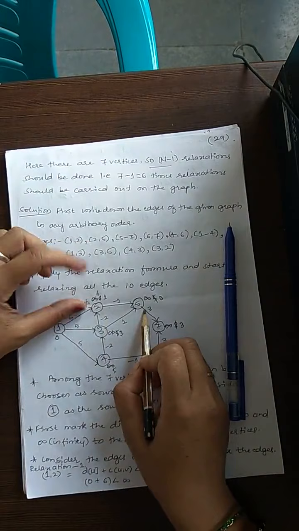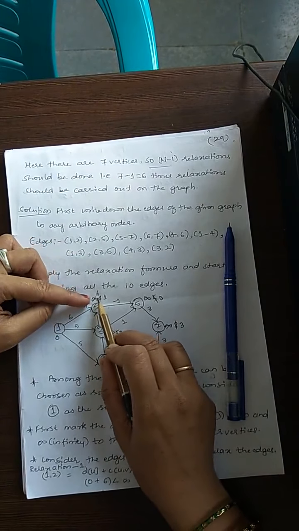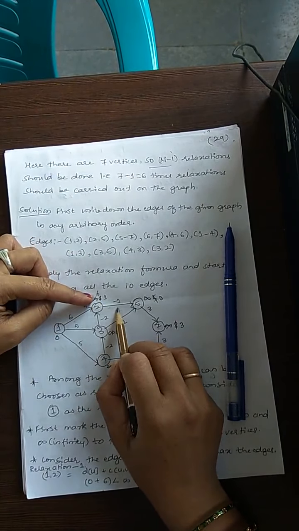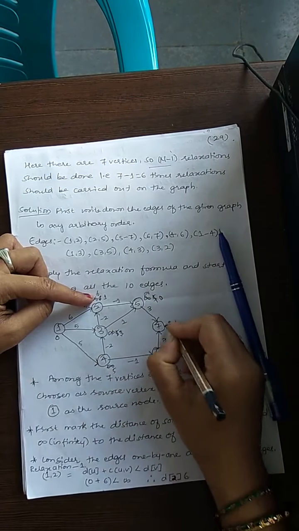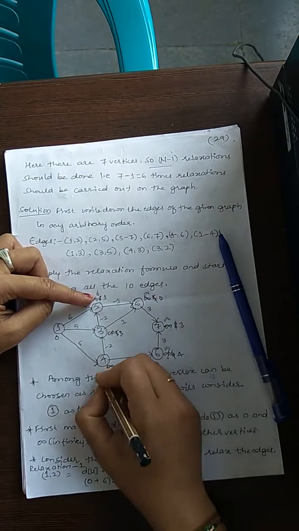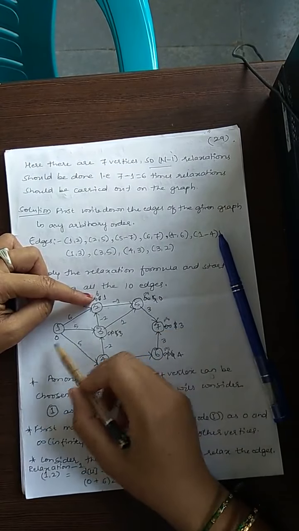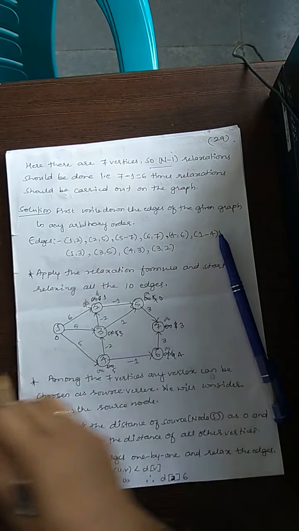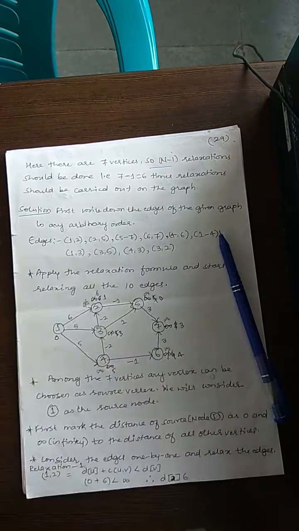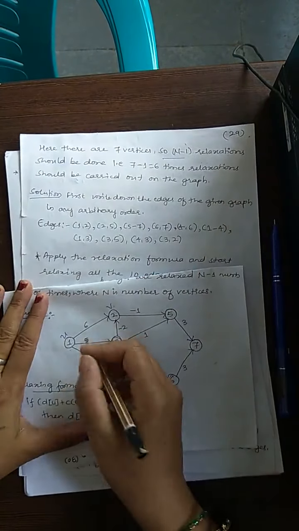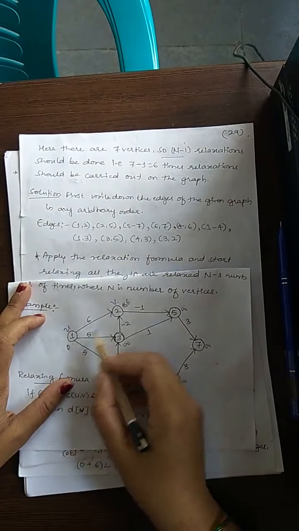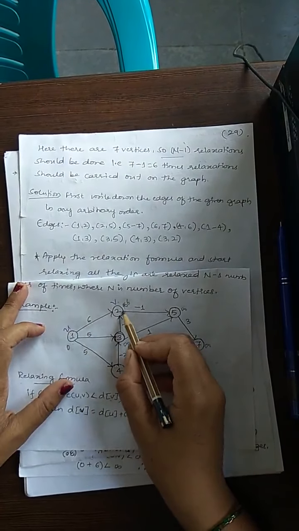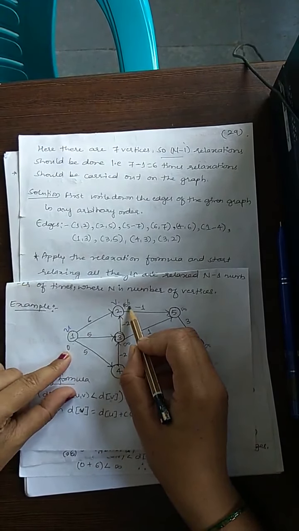2 to 5. So what is the current cost here? 6. 6 minus 1 is 4. Let us solve this with the pencil here. Better we solve in this one only. Okay, so this is 0. So 0 plus 6 less than infinity, yes. So I have made it 6 here.